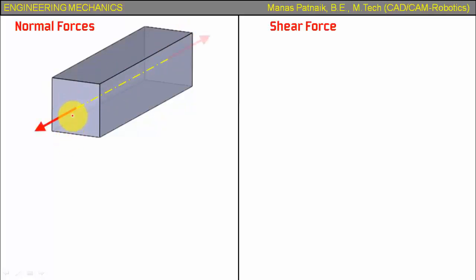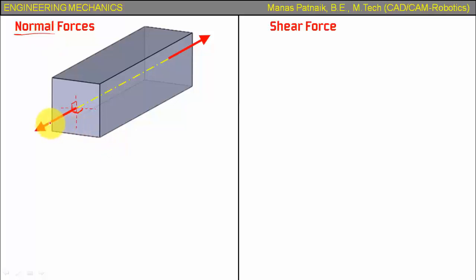Now, basically the axial force is such that it acts along the axis. That's it. Now, if you watch carefully, if I can make an axis over here, something like this, this axial force is making a 90-degree angle with the vertical axis of the cross section and also a 90-degree angle with the horizontal axis. Since it is making a 90-degree angle, hence the name, normal force. So whenever you're dealing with normal forces, you'll always see that the force makes a 90-degree angle with the cross section. Okay, so that was all about normal forces.